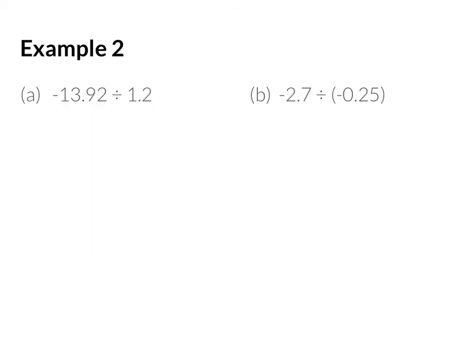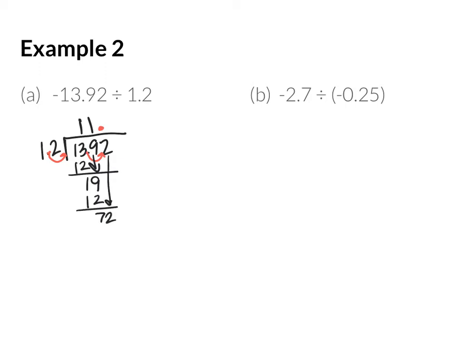For example 2, we're going to be dividing decimals. As a reminder, the first number goes inside of the box, 13.92, and the second number goes on the outside, 1.2. Now, in order to make it easier, we're going to make the outside number a whole number by multiplying by 10, which means I have to match it on the inside to keep it equal. I can then divide 12 into 13. It goes once. 12 goes into 19 one time. And then 12 goes into 72 6 times, giving me a final answer of negative